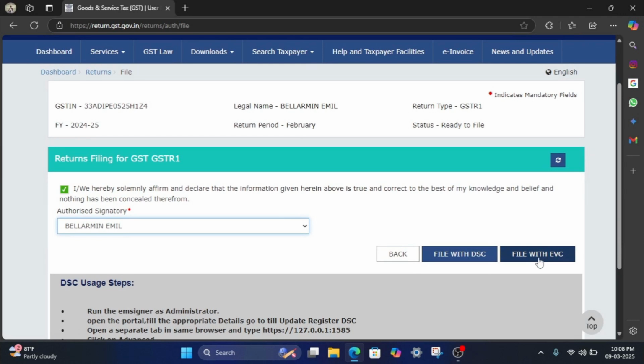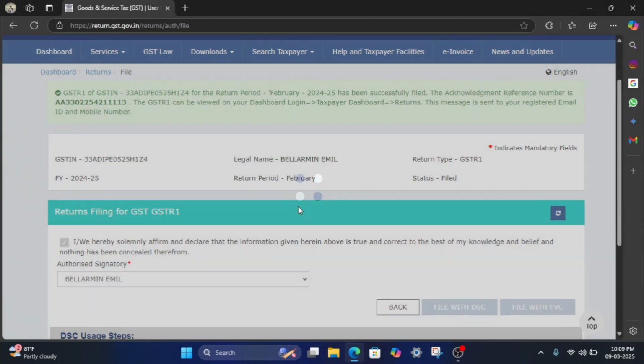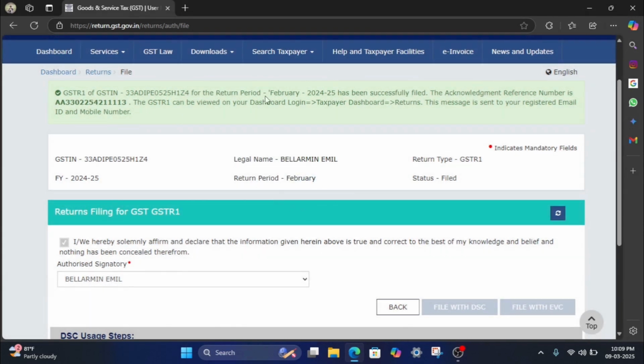Select File with EVC. An OTP, or one-time password, will be sent to both your registered mobile number and your registered email ID linked to your GST account. Check your phone or email for the OTP. Enter the received one-time password in the box provided. After entering the OTP, click the Verify button. And that's it. You should now see a success message on the screen confirming that your GSTR-1 return has been